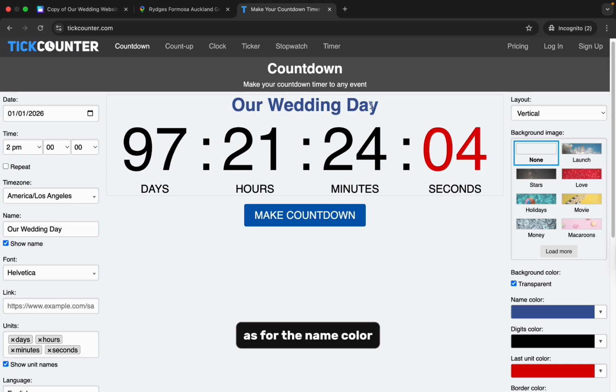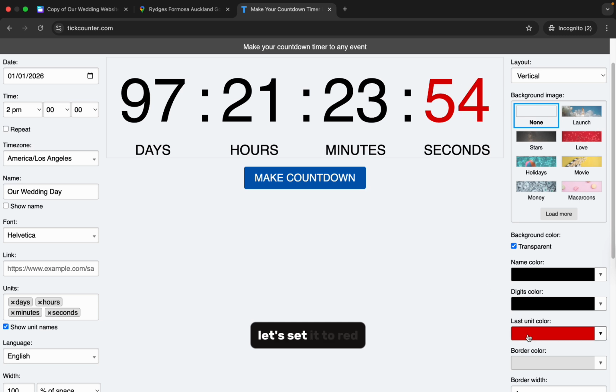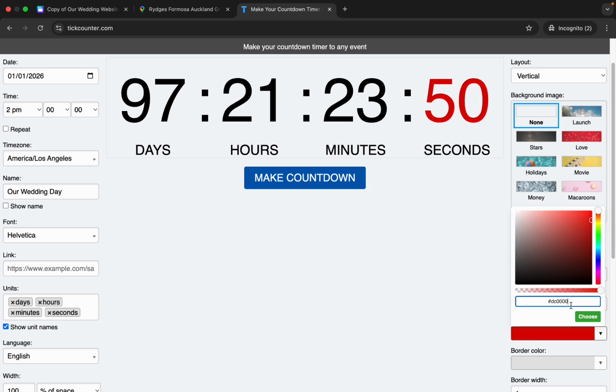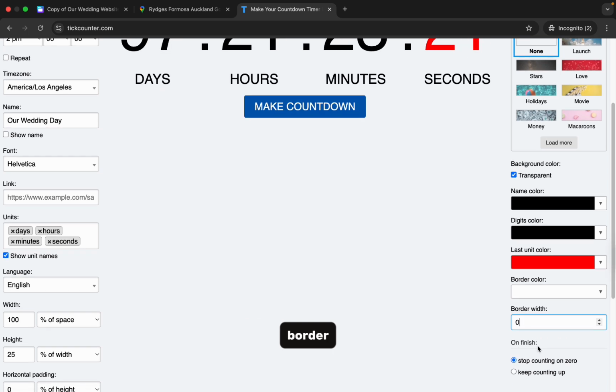As for the name color, if you want to enable it, that's fine, but I recommend unclicking it. For the last unit color, let's set it to red, but you can change this depending on your preference. For the border color, we can leave it at 0 if you don't want a border.